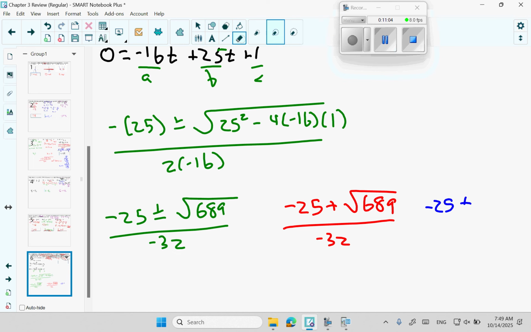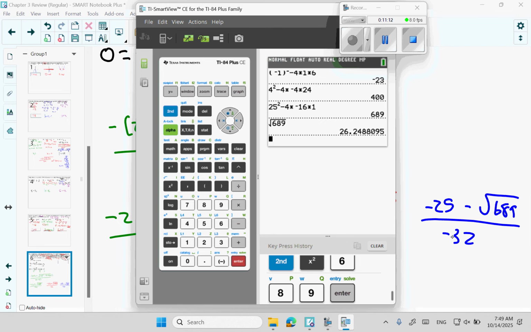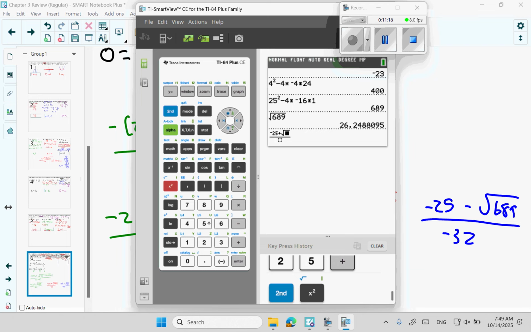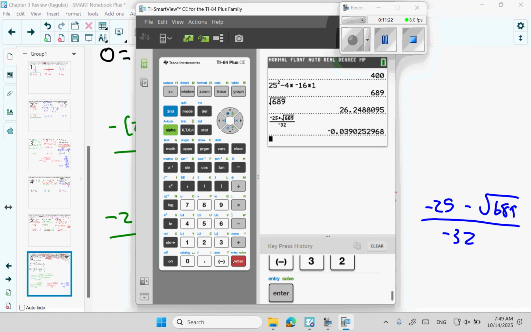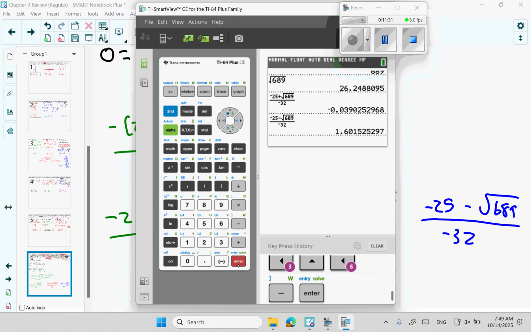Or minus. And just evaluate those. So remember, to get a fraction, I can do alpha x. So negative 25 plus the square root of 689 divided by negative 32. And I can do second enter to retype all that stuff. And I just want to change this to a minus sign. So my potential answers are negative 0.04